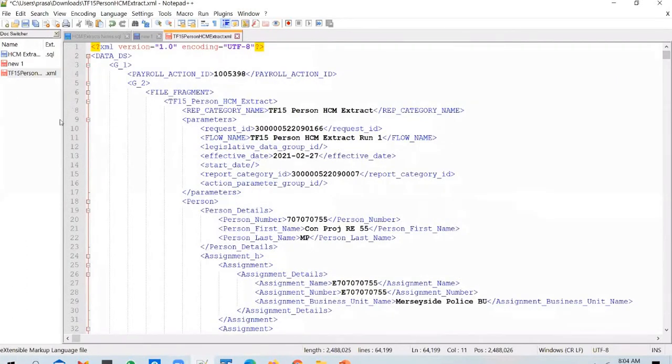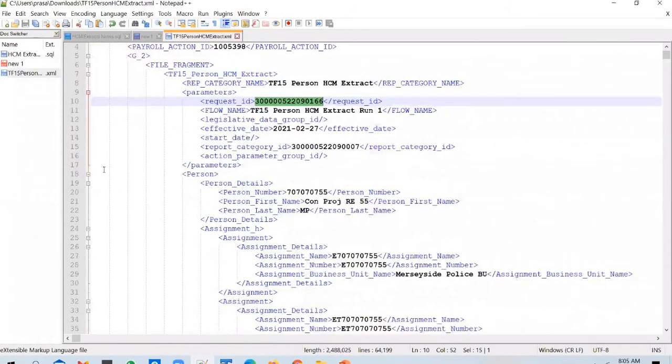If you scroll up, you could see the employees. This output type is called XML. You will have tags, a start tag and an end tag for each and every attribute, and in between them you have values. This XML output is absolutely fine for integrations, because other downstream systems that need to consume this file will be doing so with the help of integration. And in integration, XML is a preferred format.